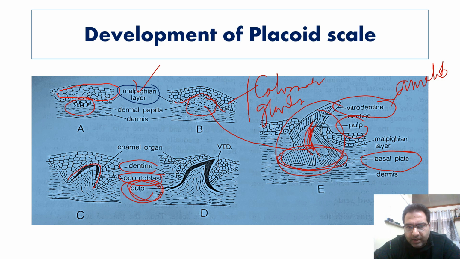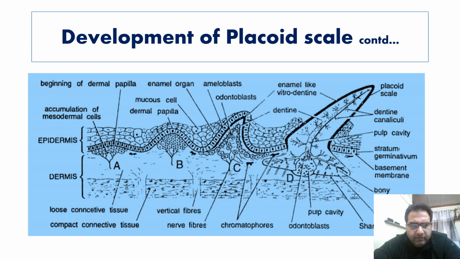So that is why we call it that it is of dual origin, that it is partly dermal and partly epidermal. So when we talk about the placoid scales, we usually say that it is partly dermal and partly epidermal in origin. So now when we look completely over the section of the epidermis and the dermis in the case of the cartilaginous fishes which bear the placoid scales, we clearly see that this is a spine. The spine is projecting above the